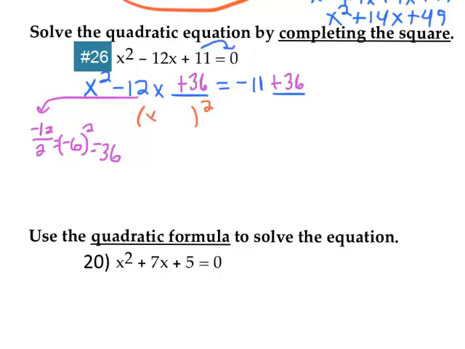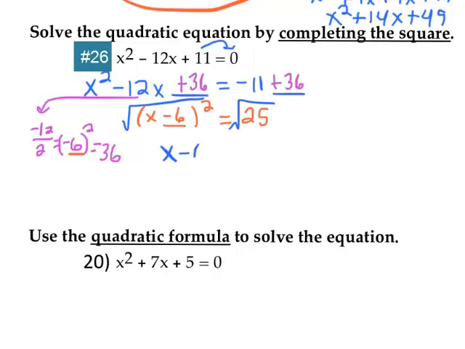So once I have that, my next step on the left side is to factor this into something squared. Remember that this something that goes here comes from this number, so x minus 6 squared equals negative 11 plus 36, which is 25. And now this is an equation like it was on 16, 17, something like that, where we can square root both sides